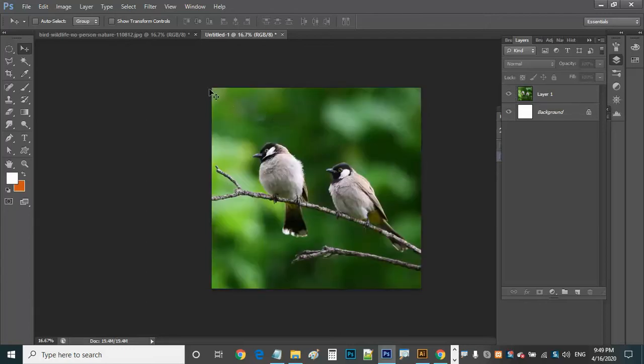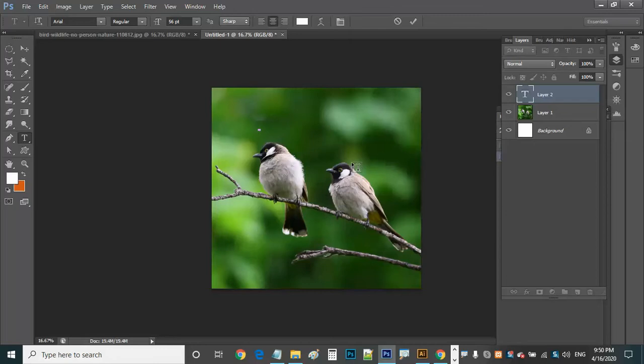Now first, this one is a square type, and before converting to spherical shape, I want to add some text also here so that you will find some more effective way. I want to type some text here. First add this text. Let me type it here. Whatever you want, you can type it. So here we are discussing about Spherize. I'll type it. I want to change the size.